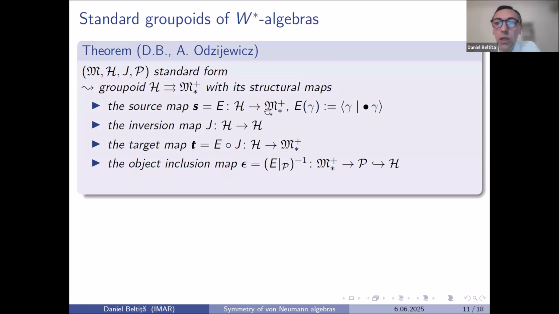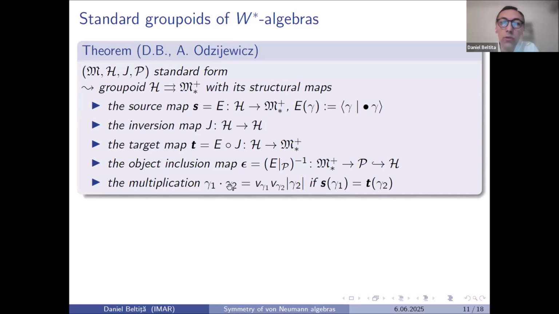In order to take the positive cone in the predual into the Hilbert space, we use the inverse of the homeomorphism that I mentioned before. So you see, we really need this homeomorphism to be actually injective in order to take the inverse. So we have the inclusion of the base of the groupoid into the total space, and the multiplication is defined in terms of the polar decompositions.